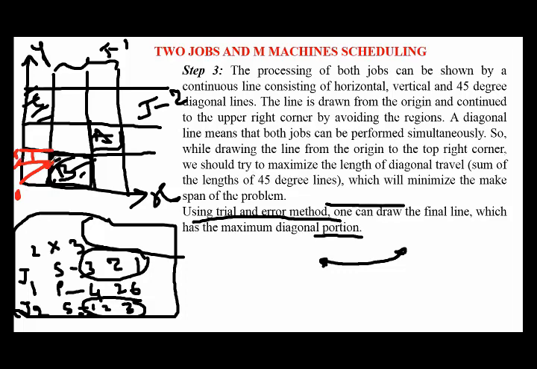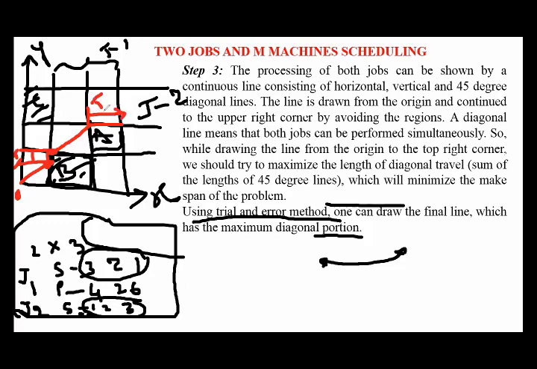Next we extend this point up to here, and then from here onwards we are going to draw a diagonal line again. If suppose the diagonal line touches this point and here there are no blocks to draw the 45 degree diagonal line, then we simply stop this line at the end of this block. So simply we are going to draw up to this. So this is called the ideal time of job 2.